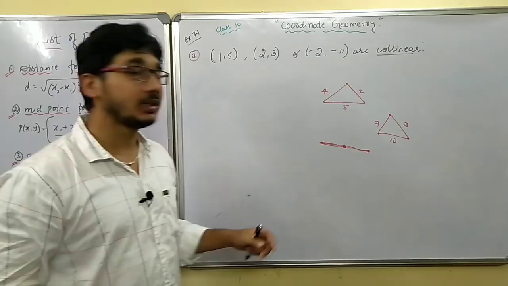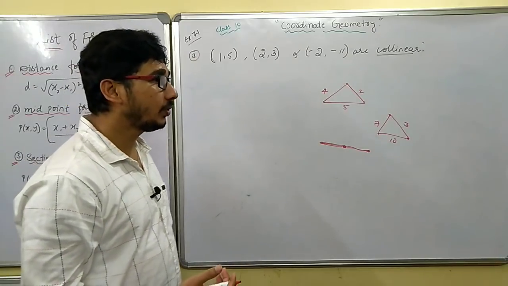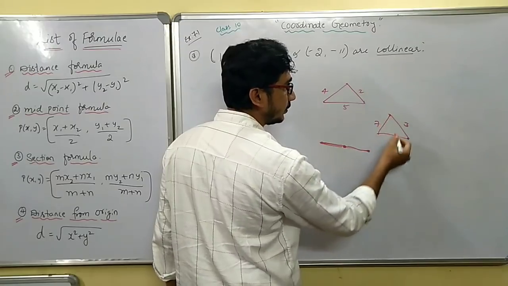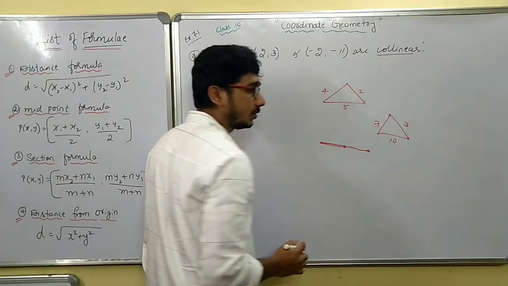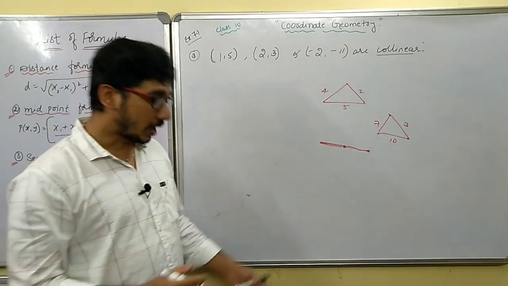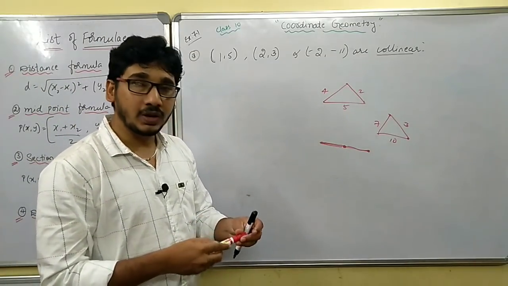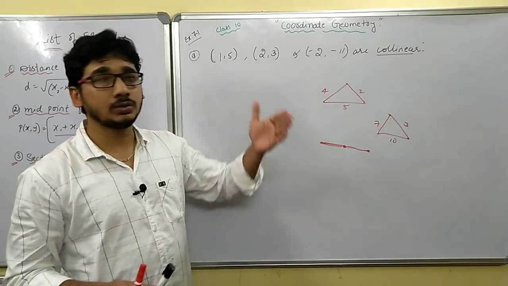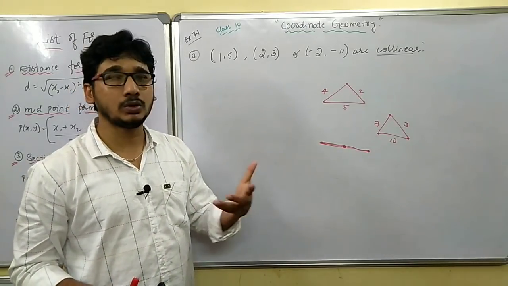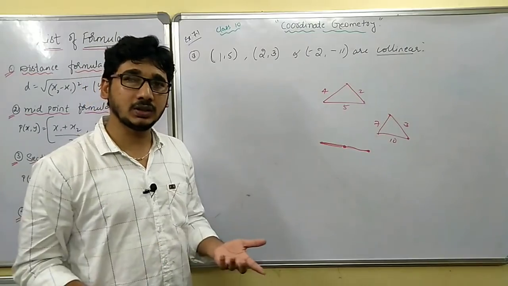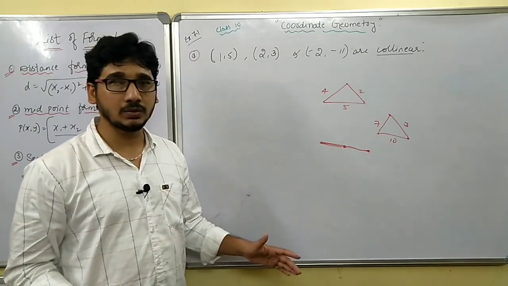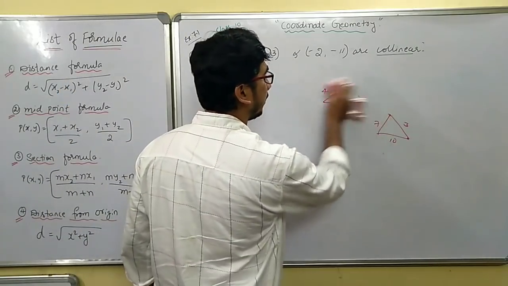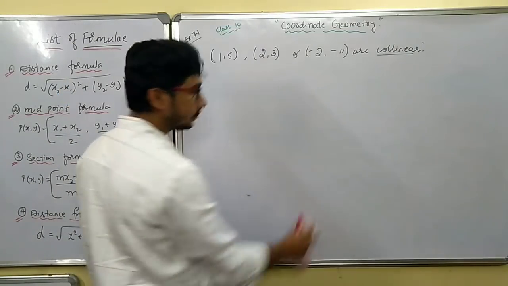Okay, we have to check whether it is collinear or not. So what we have to do is find the distance between these 2 points, these 2 points and these 2 points. After finding the distances, we have to add the small 2 values, so that you can see whether it is equal to the third number or not. If it is equal, then it is collinear. If it is not equal, then it is not collinear. When we solve the problem now, you will get to know clearly. Okay, let us go ahead with that.